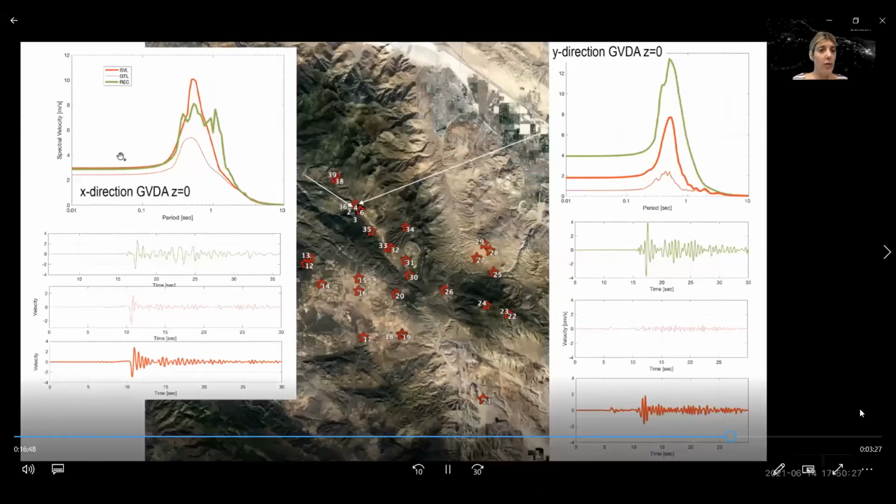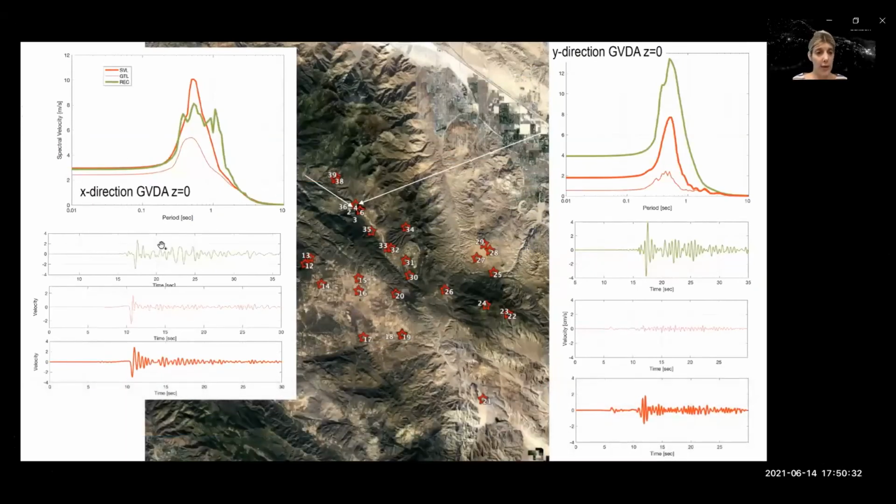And the first set of results are encouraging. These are velocity time series. This is a systematic observation that we've seen, although we haven't compared. This happened 2 days ago, so we haven't compared the velocity. But Grand Valley Downhole Array is a reliable site, and SVM compared very well with site characterization measurements in that location. And you can see both the X and the Y direction, horizontal, both components.